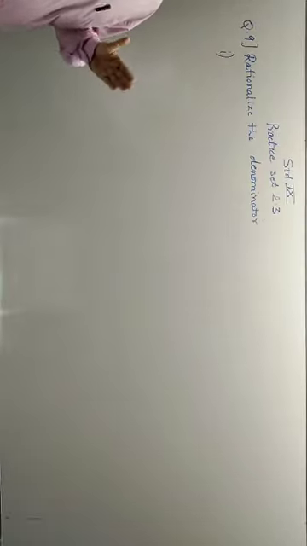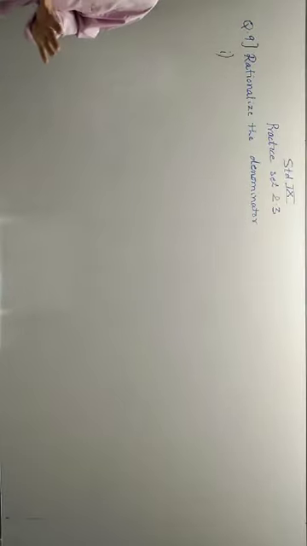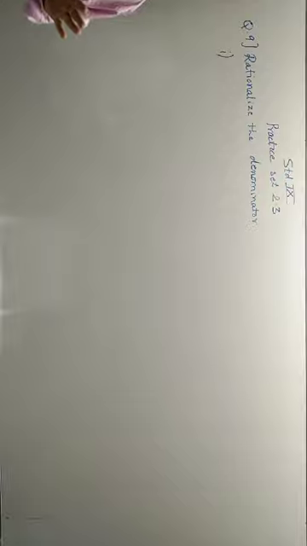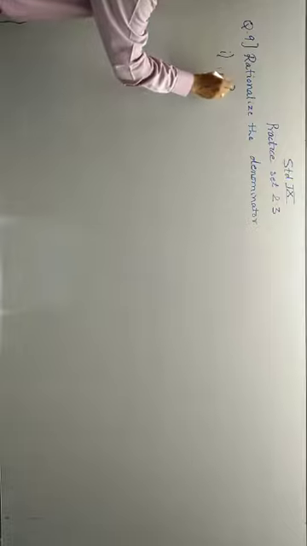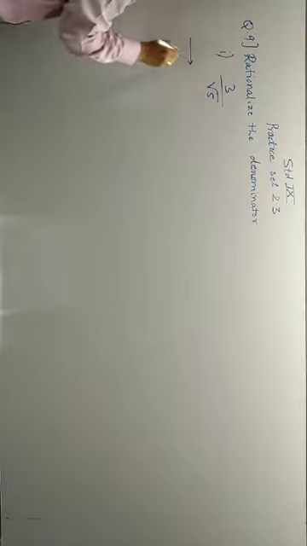Rationalize the denominator. In this, what is meant by rationalization and the rationalizing factor, I will explain, and afterwards also, after this question, I will explain. Rationalizing factor is nothing but a multiple of a surd. If we multiply a surd by that rationalizing factor, the product is rational. The irrational term, the root, disappears, and we have to do that only in the denominator. So pay attention while solving these sums. Most of you will understand everything.